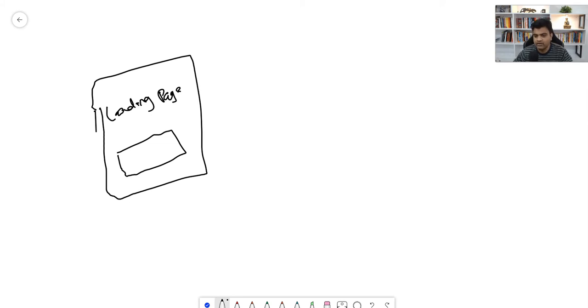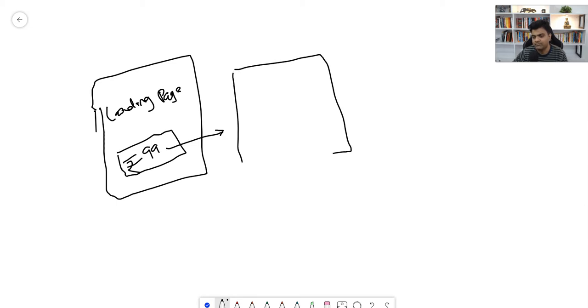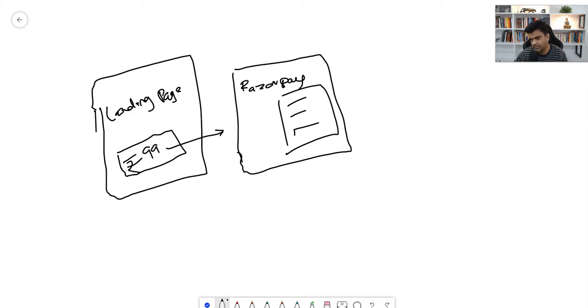So in this, let's say, for example, we'll tell them, hey, click on this. The price is 99 rupees. Now, when a person clicks on this, this action will redirect to a Razorpay checkout where people will fill in their email address and phone number, and they click on this button.